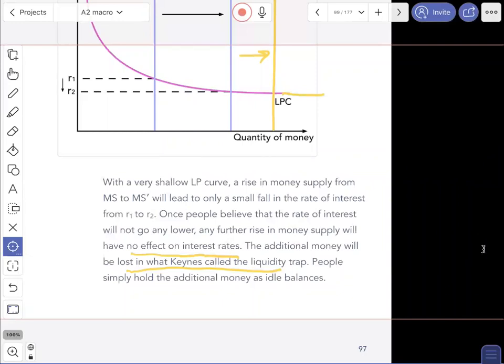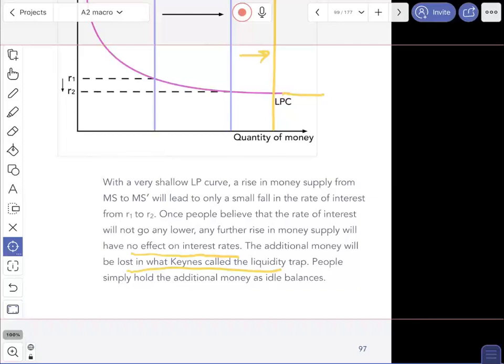So when the prices are too high, remember deflation from our AS economics. We said this. Why does deflation happen? Because people are assuming that the prices are going to fall, and that's exactly what happens in a liquidity trap. When the interest rates are too low, there could be a deflationary effect where people are not spending because they assume the price will fall further. And that's exactly what